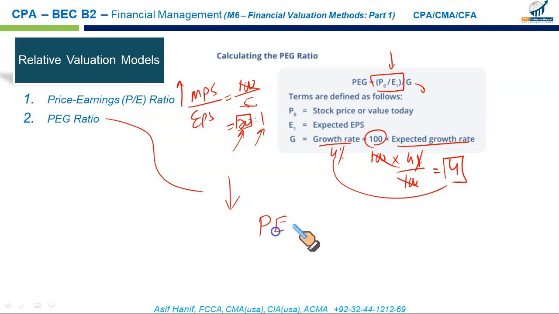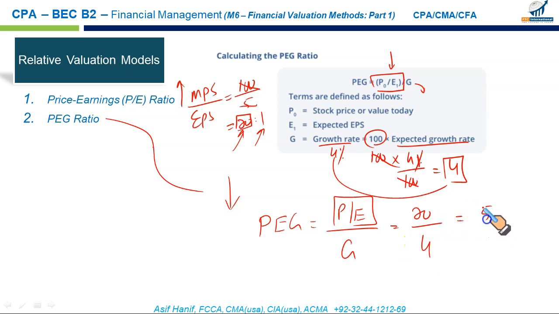We just learned that PEG ratio is equal to price earning multiple divided by the growth rate. Let's say in my example, my PE ratio is 20 and the growth rate is 4. What you get is 5. Let's say the growth rate is 10. 20 by 10 is 2. That is much better. So the higher the growth rate, the higher the denominator, which is good for us. The firm is expected to grow at a higher rate. If the denominator is bigger, you will have a low ratio. So remember, whatever PEG number you get, the lower, the better. Lower PEG ratios will attract many investors for the stock.